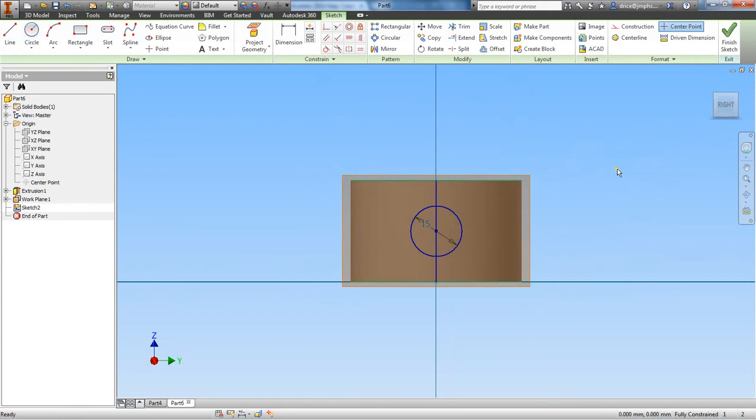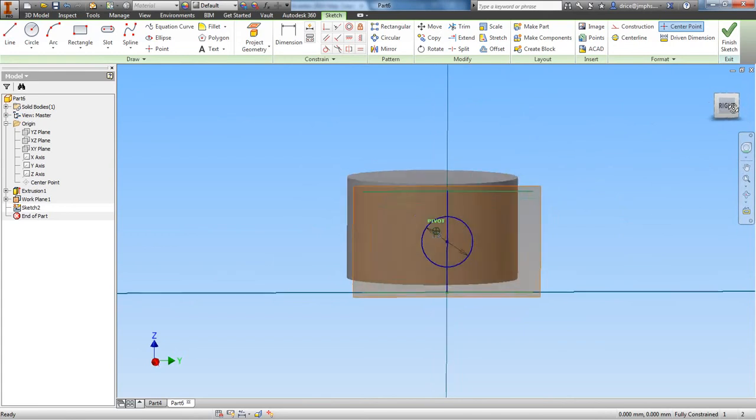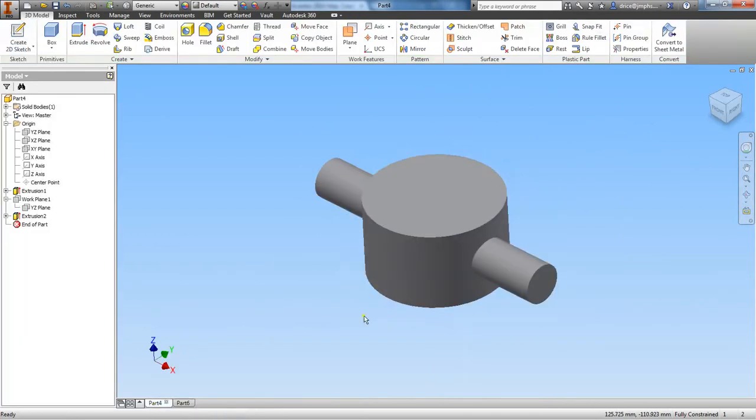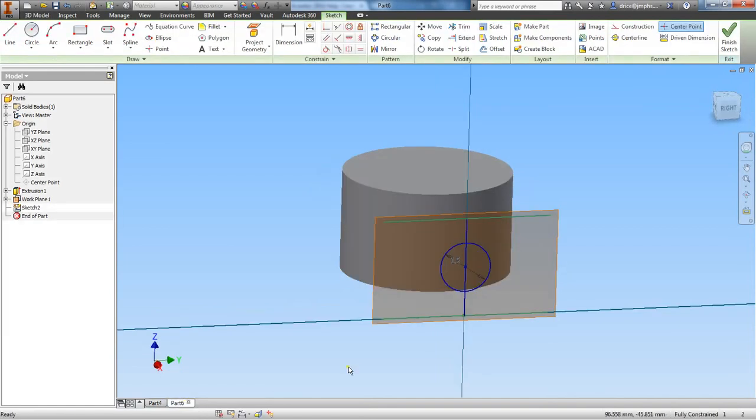Click OK. And now before I finish sketch, I'm going to end up extruding this circle. I'm going to extrude this, and it's going to go through this part, so that we create what looks like, I guess, handles here. But remember, you can only extrude closed regions. So right now I have a line going through this circle here. So what I'm going to do is go up here to the trim feature, and I want to get rid of that line that's in the middle, that's going through my circle. So now when I extrude, I won't have to select two separate regions. Finish sketch,